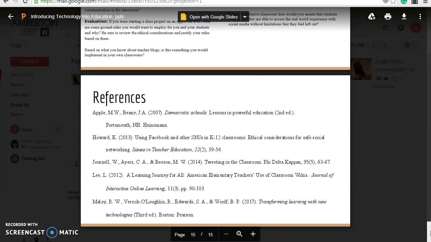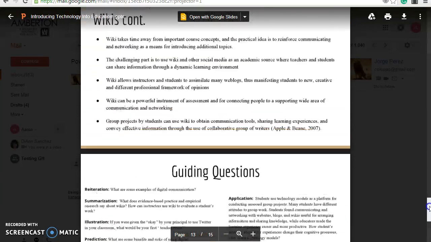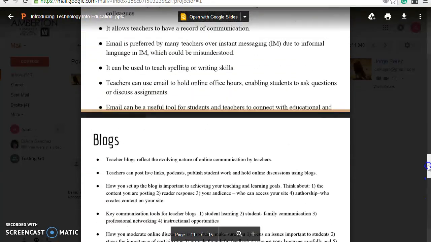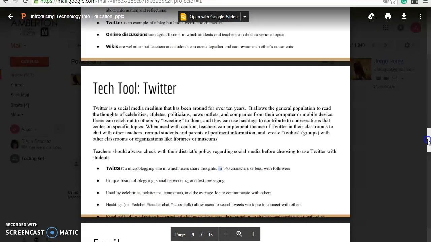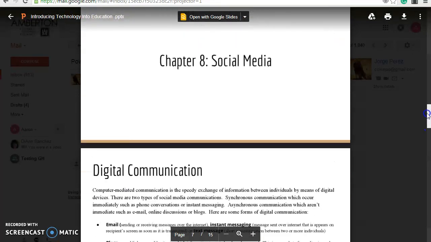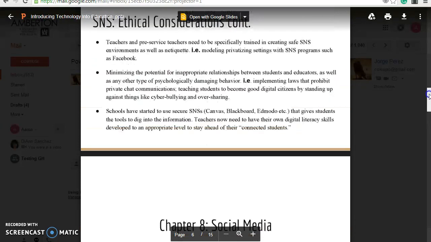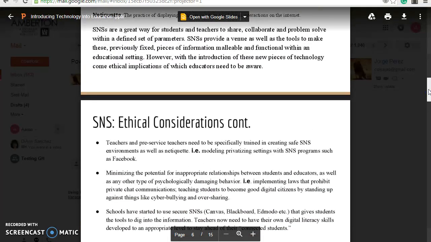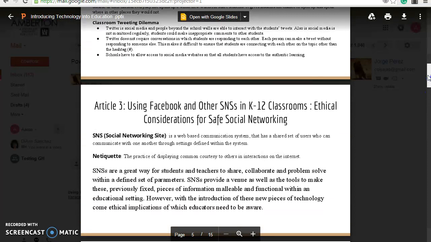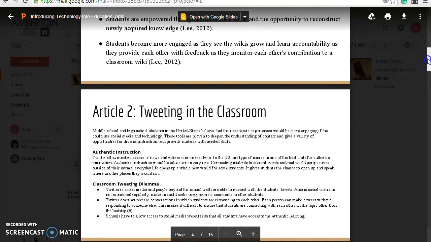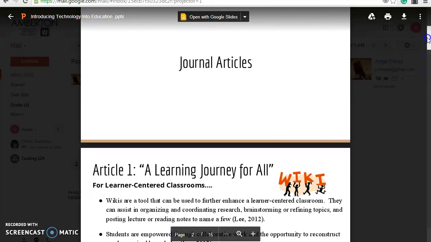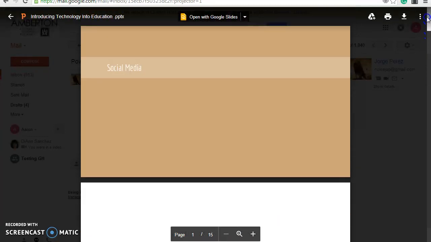I use several references on transforming learning with new technologies. And as you can see, Professor, I have my guiding questions and wiki content. I provide blogs, email, Twitter, digital communication, but I wanted to reiterate social media. So that's my chapter, and that's going to be in my textbook where I got information about technology. I consider ethical considerations for using social media such as Facebook and Twitter in the classroom, Article 1, Learning Journey for All. And it's just a little overview of